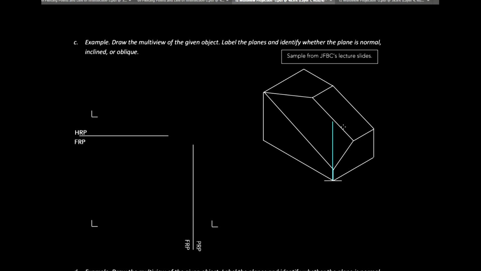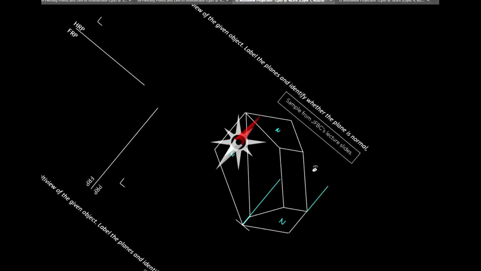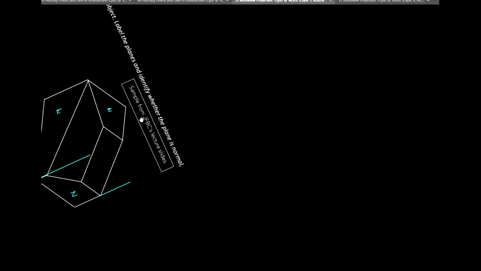This glass box doesn't look like a cube. It looks like it will be a rectangular prism. So I'll just do it like this. Then my immediate imagination is that this is normal, attached to the glass box. This is also normal, attached to the glass box. This is attached to the HRP, attached to the FRP, because this is attached to the PRP. Okay? So if that's my imagination, if I complete the glass box, then if I draw a parallel